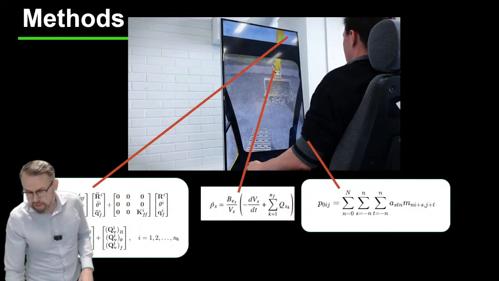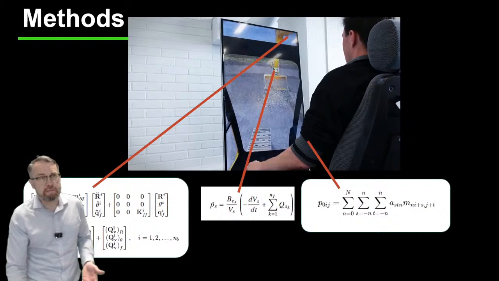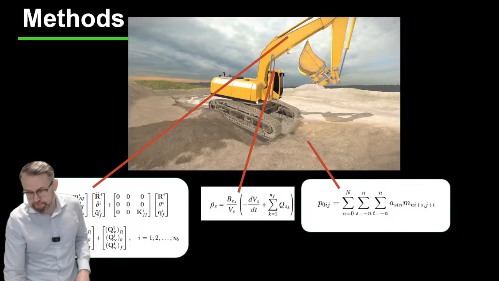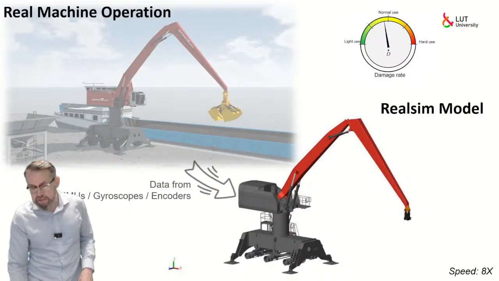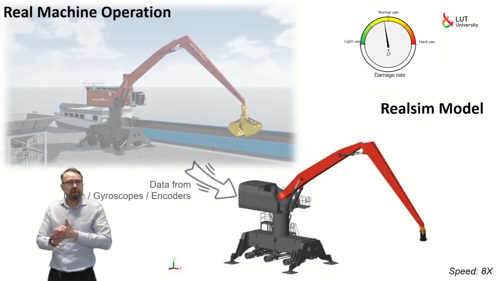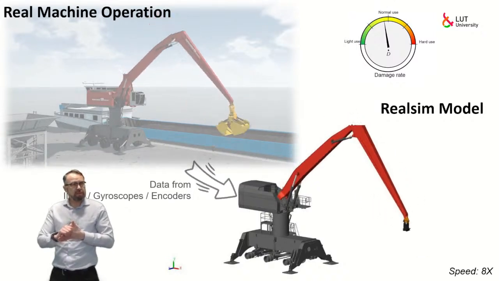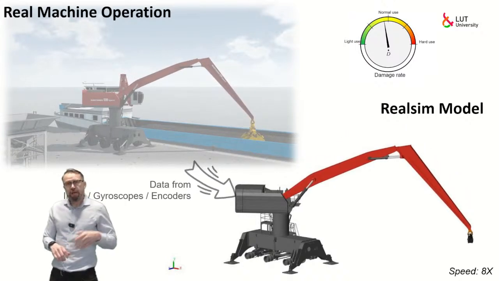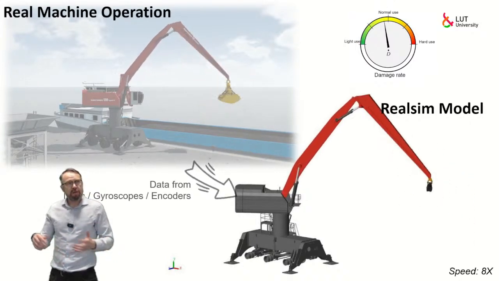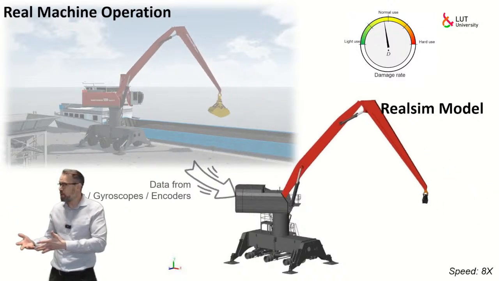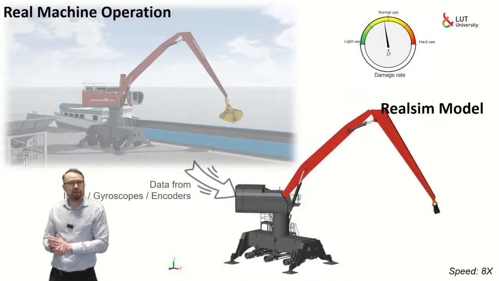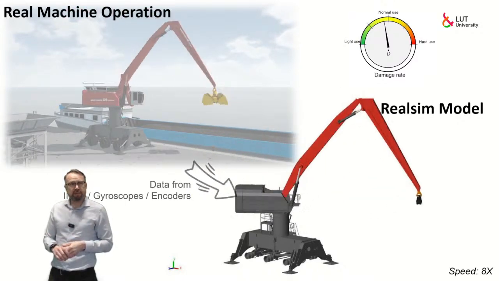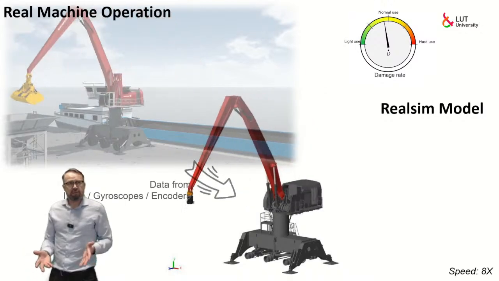So what I wanted to do is, instead of using rigid bodies, use flexible multi-body dynamics. I want to do this to make a better fatigue life prediction. My final objective of the project is to make this an embedded solution where, instead of a real-time simulation model, we are reading the sensor signals from actual machines, and based on those signals we are actuating the simulation model. That makes it possible to have a kind of mileage sensor that tells how much mileage is left before the structures are fully destroyed in terms of fatigue.